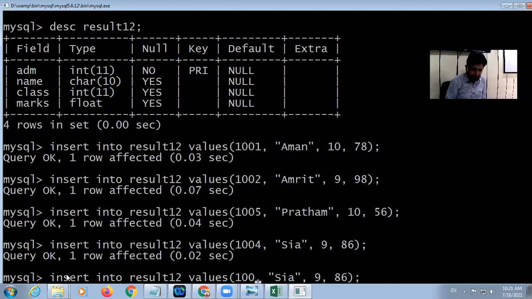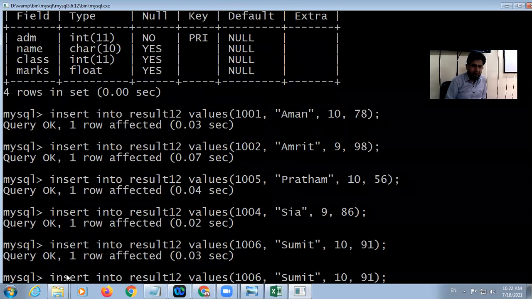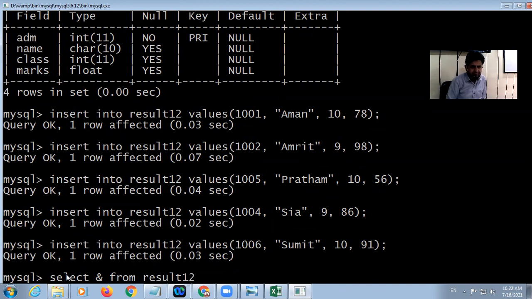Then 1006, Sumit, class 10, marks is 91. Okay students, I am going to display the data. Select star from result 12.